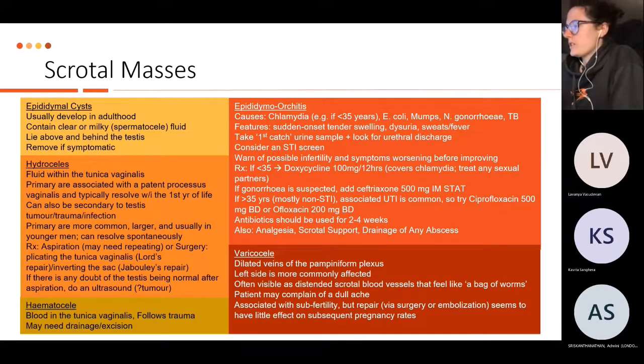But obviously you're going to investigate further. You're not just going to go based on how it feels. So these are just some of those differential diagnoses, to touch on epididymo-orchitis, which is what the third one was. Doxy you might give. If you think gonorrhea, you can also add ceftriaxone, and then cipro for older males where it might be more of a UTI than an STI, but never assume. And generally, follow your local guidelines and make sure you're taking samples and culturing these things so that you actually know what you're treating and targeting in the long term.